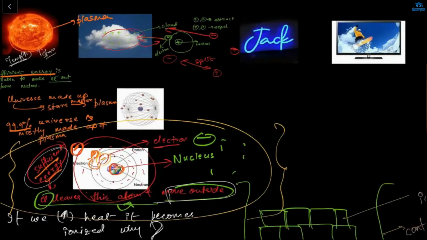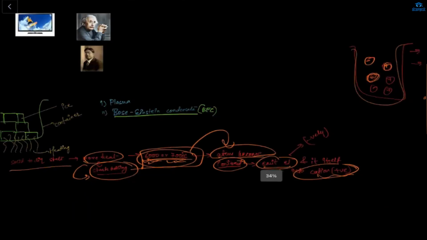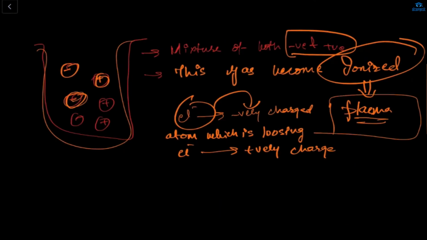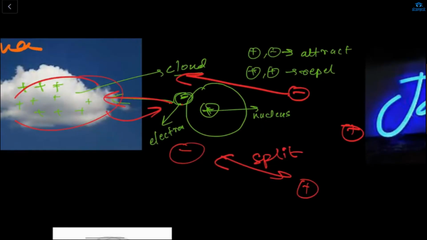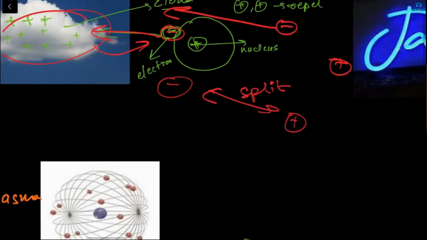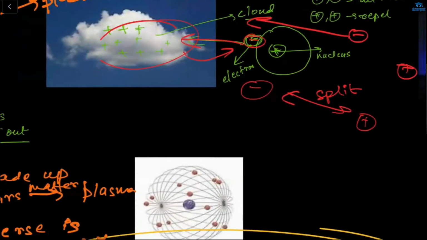Very good. See, like here also, in this beaker is a mixture of positive and negative. That's where this gas become ionized. So here also same thing is happening. My cloud is positive charge and it's attracting the electron, the negative thing. So we can say that this cloud is making ionized gas in the surrounding. Right or wrong? Yes, ma'am. It's right. Any doubt? Okay.